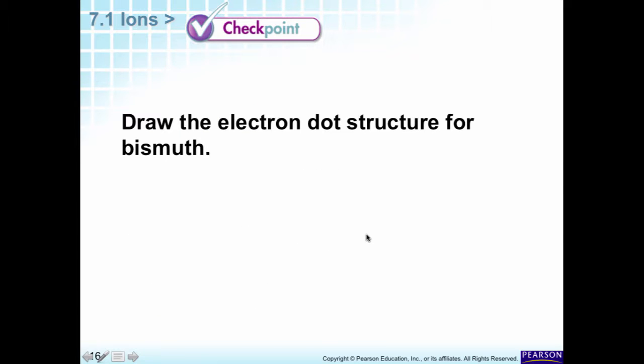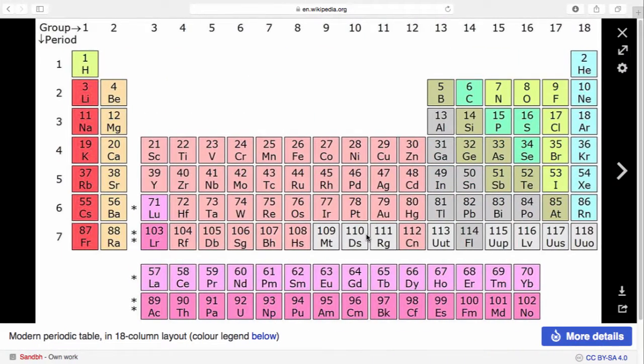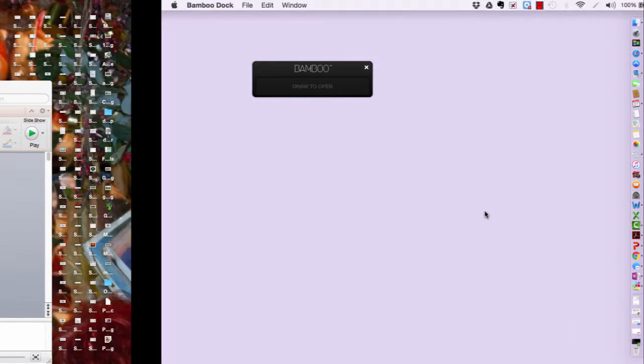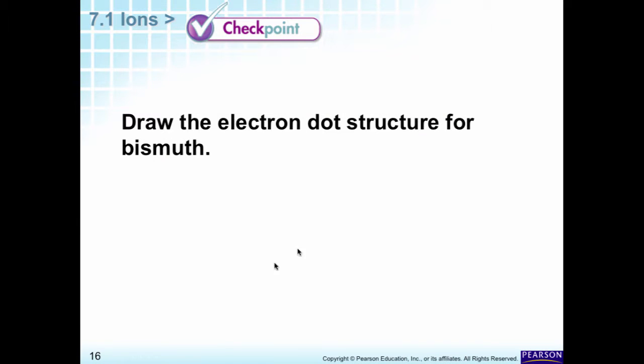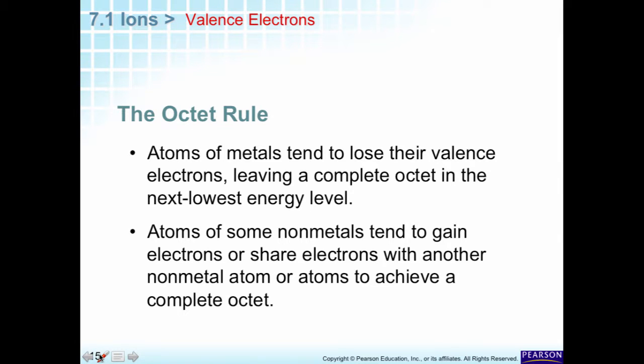Okay, so let's look at bismuth. Let's find it in the periodic table first. So bismuth is, let's see, it's right here. Okay, there's bismuth. It's in group 15. So it's in group 15. Okay. So that means how many valence electrons does it have? Okay. So bismuth is in group 15, which we said that group 15